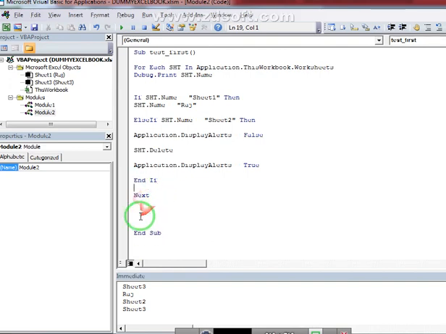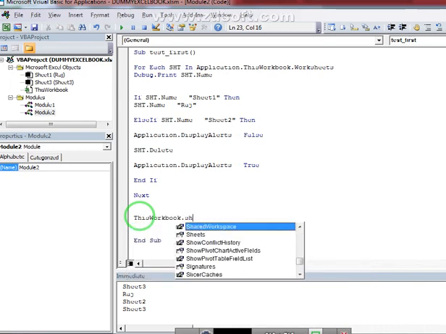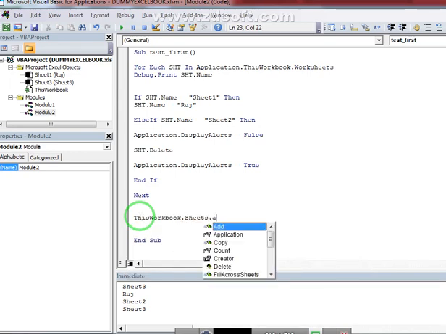Whenever my loop has finished, after finishing the loop, I'm going to add a worksheet outside the loop. ThisWorkbook.Sheets.Add, right? So this is the simple code just to add a worksheet.